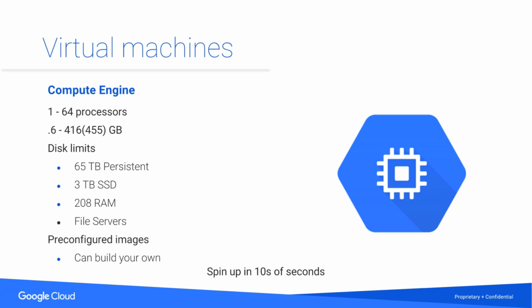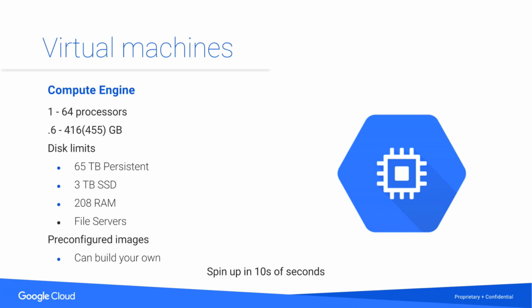On the processing side, beyond standard CPUs, which you can put up to 64 cores on a single machine, you can also connect GPUs ad hoc to those machines. So at any time, you can shut down a machine, add GPUs, do some intensive GPU compute, and then disconnect those GPUs as well. And the great thing is, you're not constrained to standard configurations. So let's say that I wanted to actually have 3 CPUs on a machine. On Google Cloud Platform, you can actually build your own machine. You choose the number of CPUs, you choose the amount of RAM that you want to have on that machine,